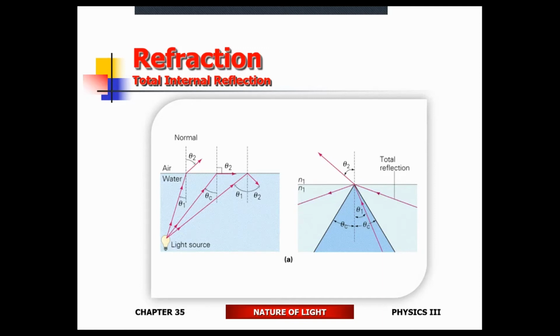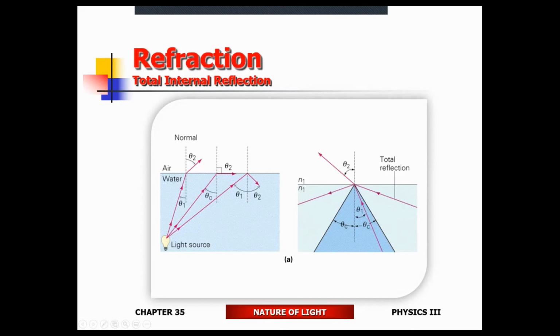We call it the critical angle because it is critical to figuring out whether the light escapes from the material or is captured by the material. If the angle of incidence is smaller than the critical angle, light is going to escape; it gets refracted out. If the angle of incidence is larger than the critical angle, light is going to be captured; it is internally reflected. That's what it means.